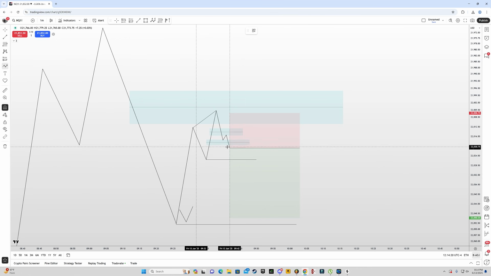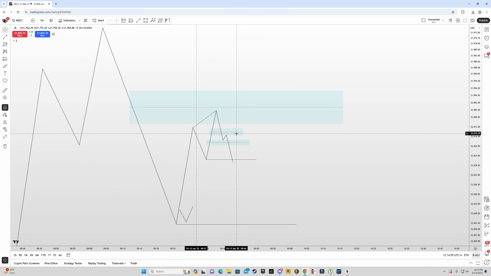Price, as soon as it closes below it, you're not waiting for a retest, you're not waiting for anything, you're just entering right away, and you're holding till 1 to 2 or 1 to 1.5 or towards the draw on liquidity. Now one key thing to note is that before your entry, let's say that the closest liquidity pool is hit. So this is the closest liquidity pool, the break-even zone, and let's say price moves towards the break-even zone without giving you an entry, then in that case, the setup becomes invalid. Okay, we are not looking to trade anymore because this could simply be a liquidity sweep and price can then push up from here.